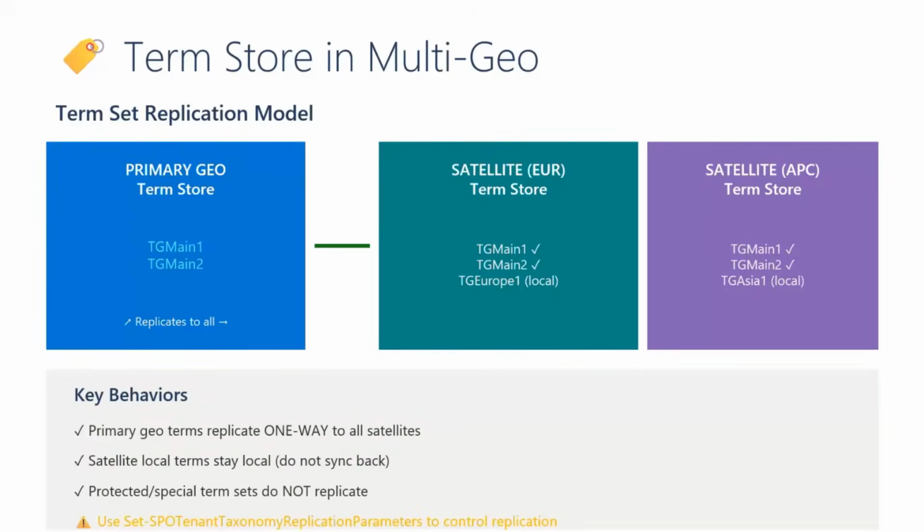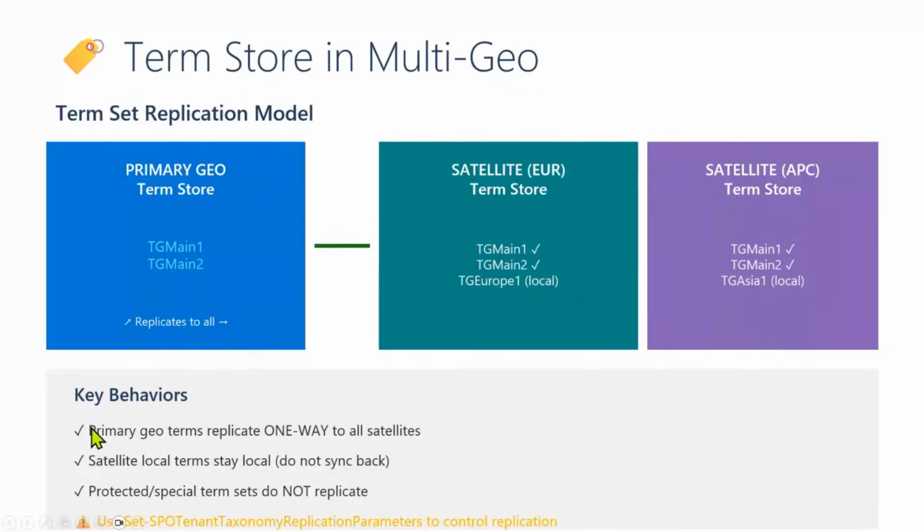Then term store models. In the term store, we have the primary geo, which will have the main term store, and then it will be replicated across the other satellites by default. So they will be available, like you can see here, we have term group main 1, main 2, also available within the satellite geo as well, and they have their own local ones as well. But you can